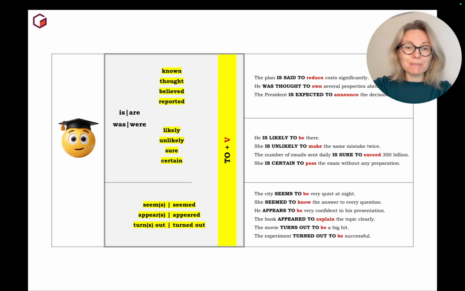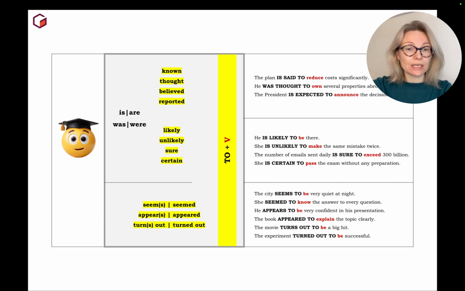So there are three main blocks. The first block is, it's just not the first, it's just like one of. So one block is with verbs like known, thought, believed, report, it's said, and some other verbs which inform us about facts, thoughts, ideas.